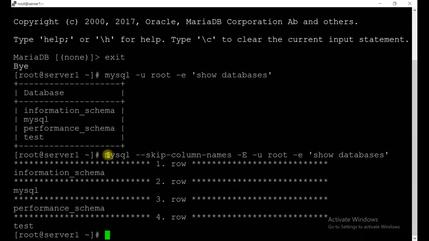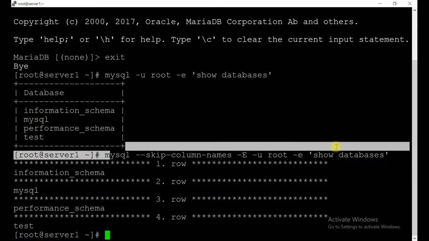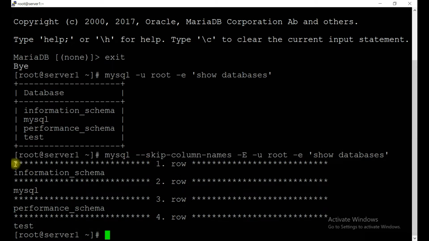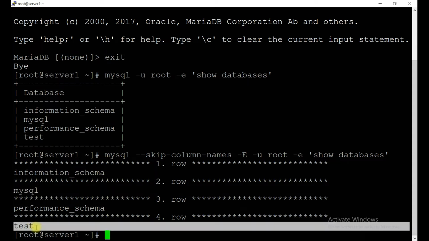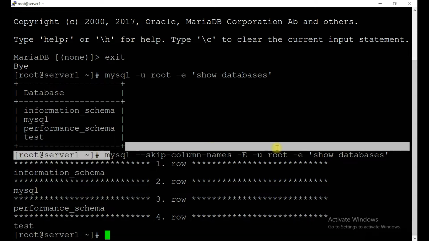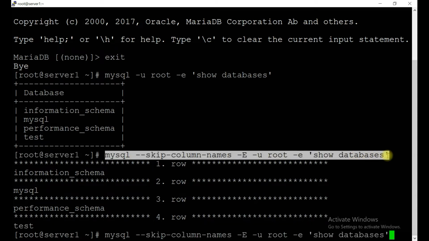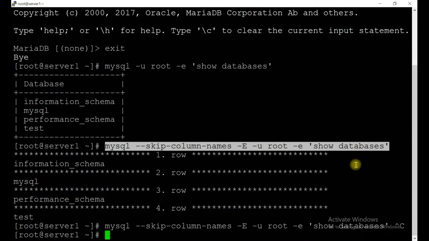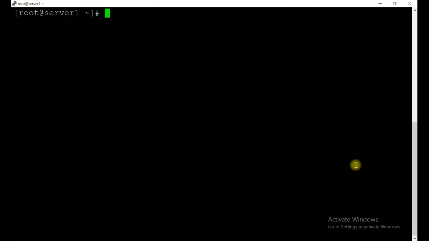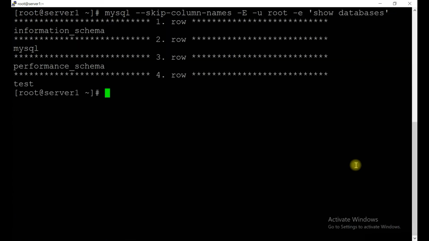What we need to do is exclude this extra information, these stars, this information schema, performance schema. This information we don't require; we only require the MySQL and test database names. Let's clear the screen for you. So this is the information we got just now.